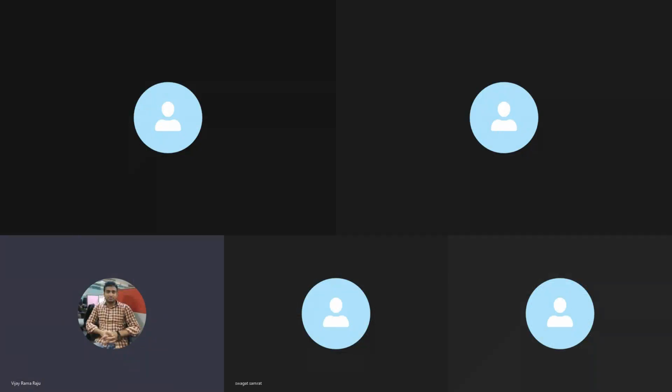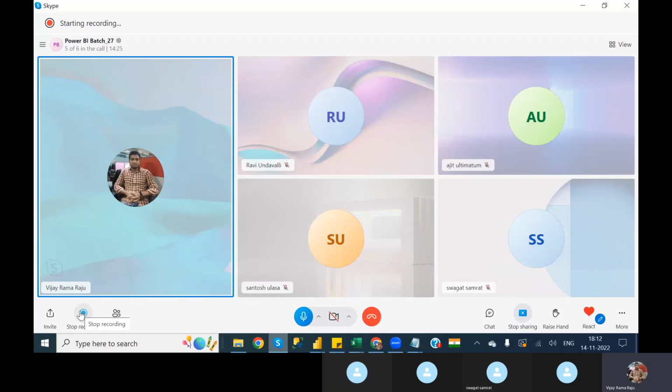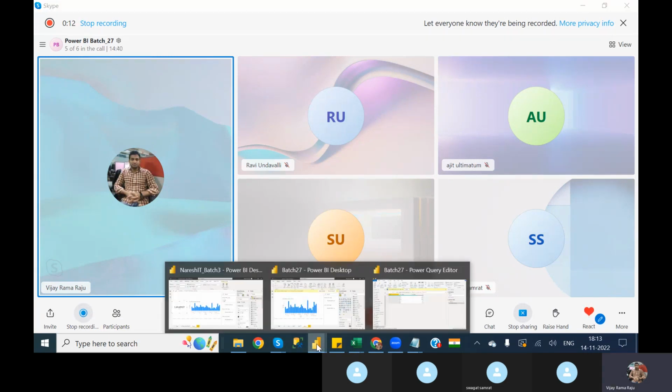So we are discussing joins, how many types of joins there are, and how they work, everything that I explained in the Excel sheet itself. The same thing we need to apply in Power BI and see how it works. Okay, so when it comes to Power BI,